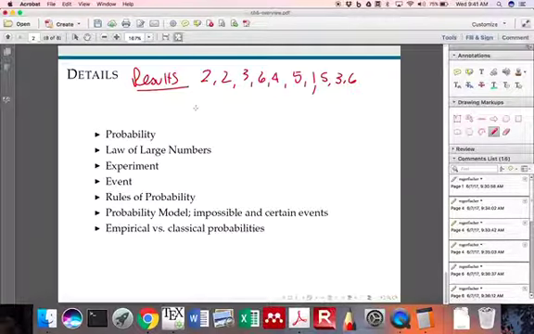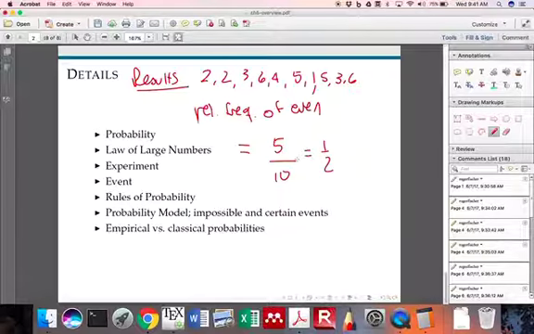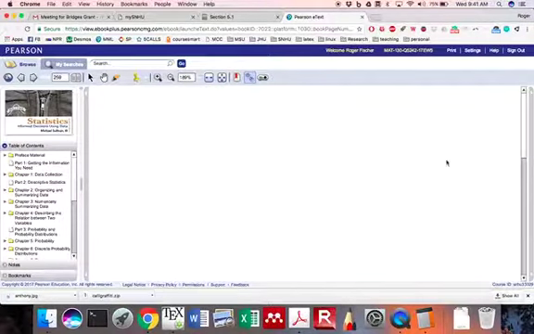So the relative frequency of even is 1, 2, 3, 4, 5 even out of 10 outcomes equals 1/2. So for this particular experiment that we repeated 10 times, you got exactly 1/2. Now, if you did this again, and I did not choose these randomly, I just made these up. But if you actually roll a die 10 times and recorded the number of evens, you probably get something close to 1/2, but not exactly. So that's an empirical probability, which may or may not match the classical probability,